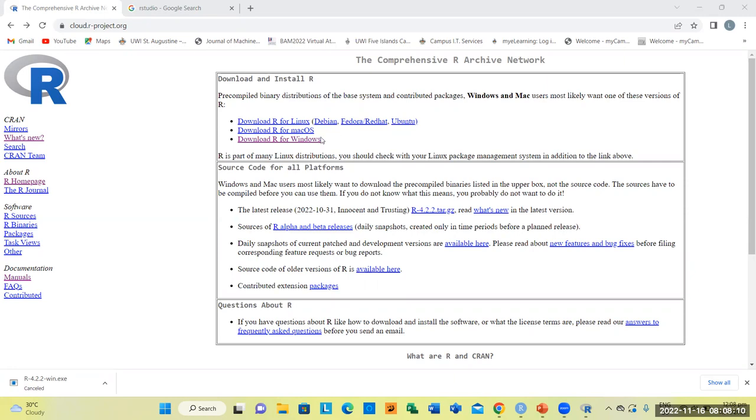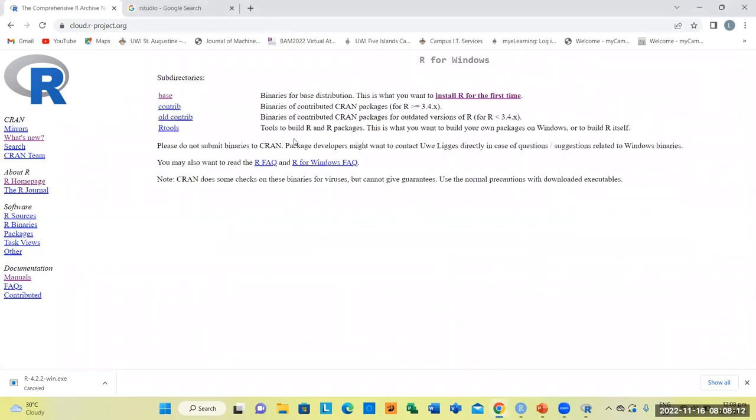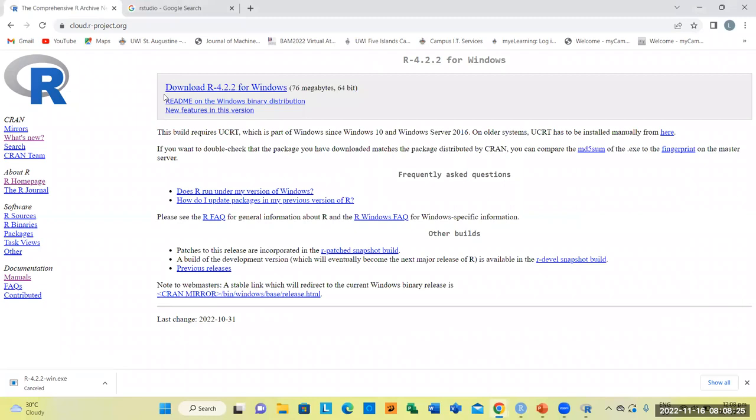For Windows users, you can click Download R for Windows. And in terms of the subdirectories, you can click on Base, since most people would not have installed R previously. Once you click on Base, you'll be shown the most updated version of R for Windows. And you can click on this version and download and install onto your desktop. Once installed,